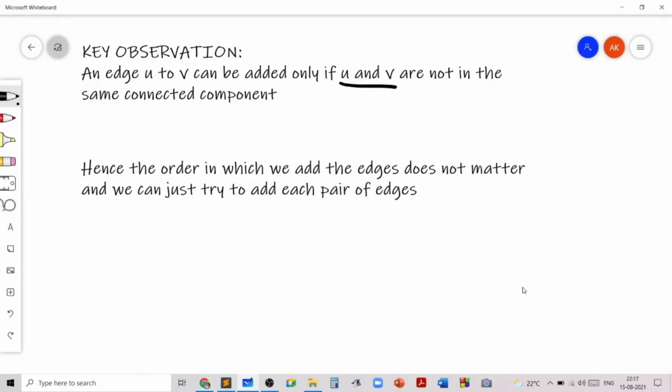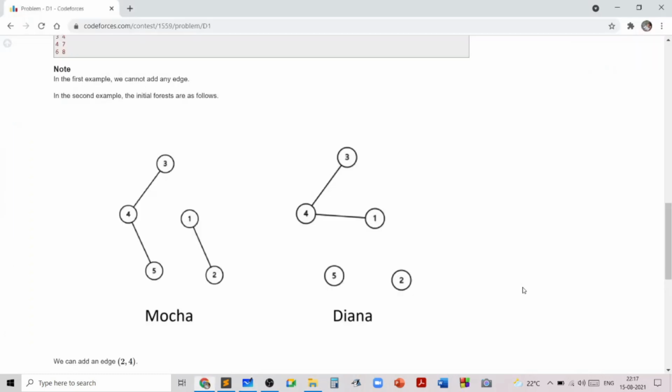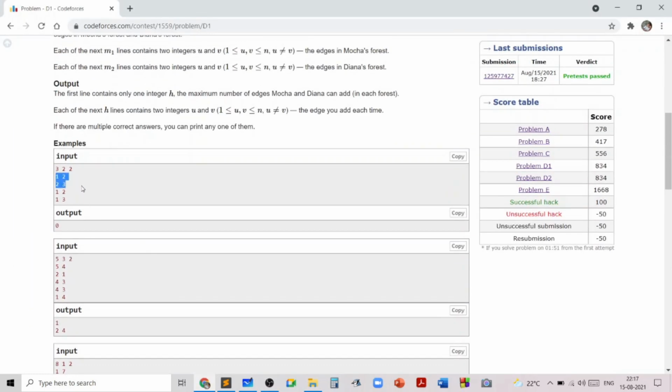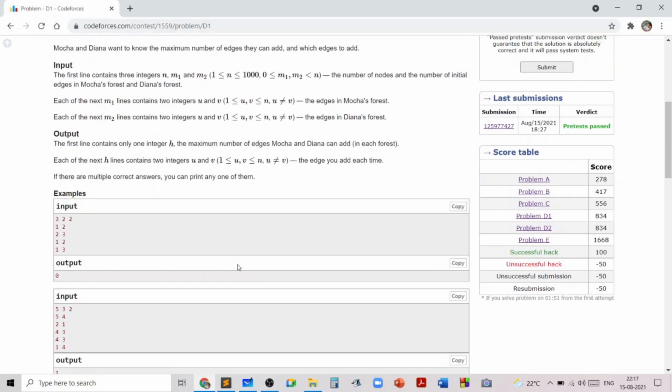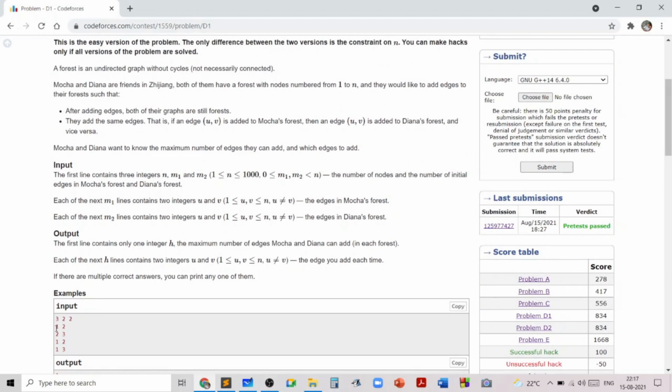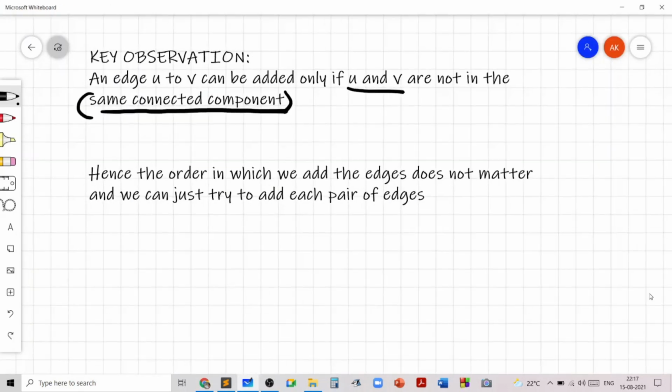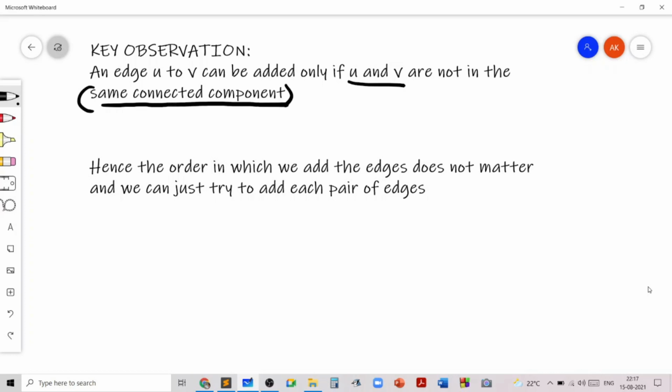This is because of this condition only. u and v should not be in the same connected component, and as you know, even when we read in the graph, it does not matter the order in which we read in the edges of the graph, because the nodes will still be in the same connected component if we add the edge 1, 2 and 2, 3, or if we add the edge 2, 3 and 1, 2. So basically employing the same argument, informally you can think of it that the order in which we add the edges does not matter.